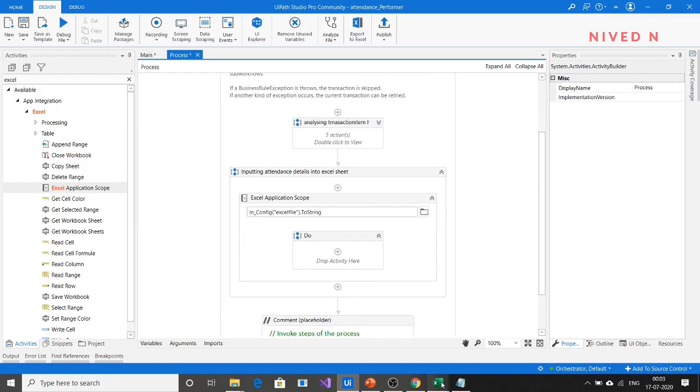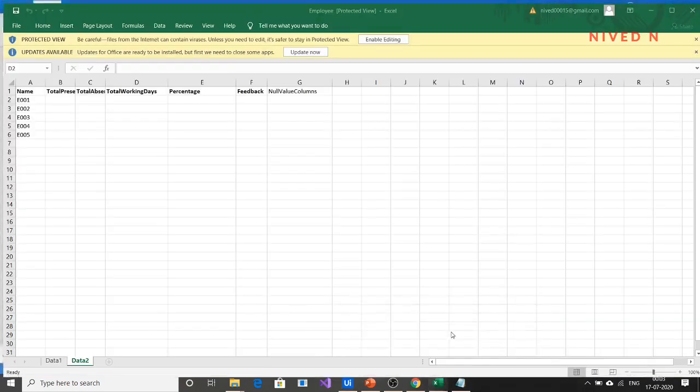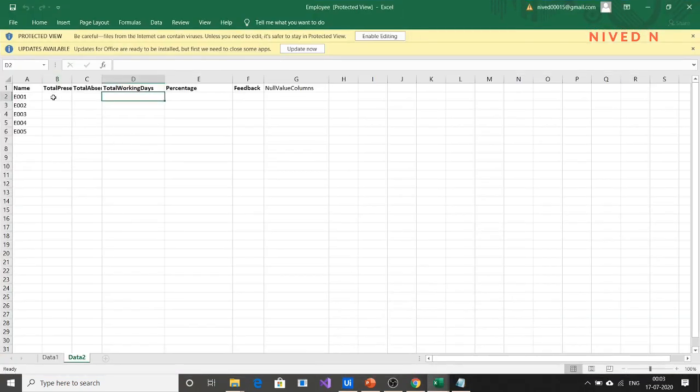First, we have to input the value of total present. Then we have to input the value of total absent, total working days, percentage, feedback, and null value columns. We can input the feedback last because feedback has to be calculated based on the percentage value. For inputting these values, we can use the write cell activity in Excel.